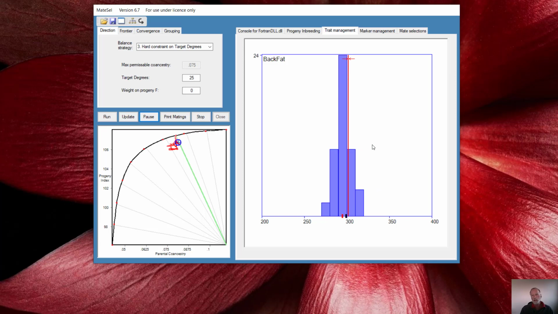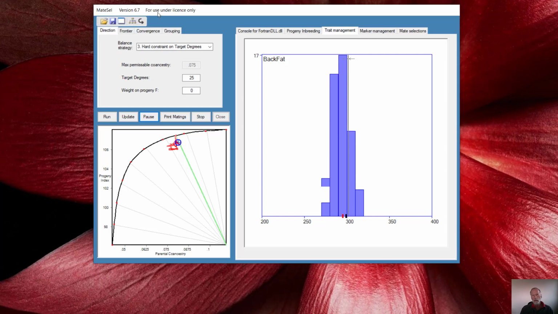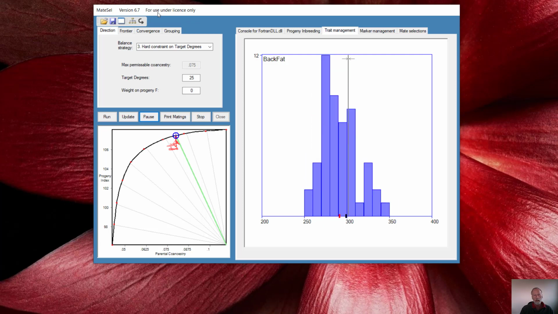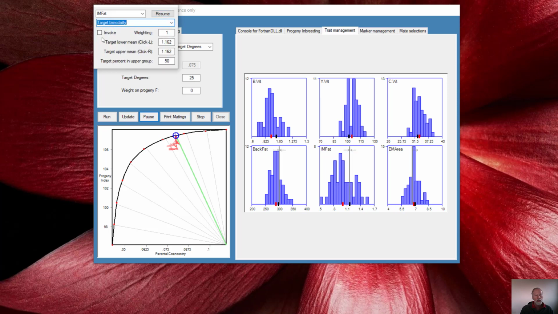And just to see how much change we've made, let me uninvoke that, and if you keep your eye on the graph when I press resume, you'll see that's the impact we've had if we go back to essentially random mating. Let's lastly look at intramuscular fat, and we'll go for target bimodality, invoke that, and I achieve the bimodality